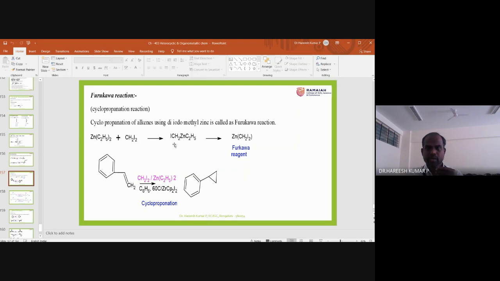So here, what is going out? One ethyl group and one iodide is going out to form this compound. Again, what will it do? Again, one ethyl group and iodide is going out. So then, what is the product formed? The product formed is